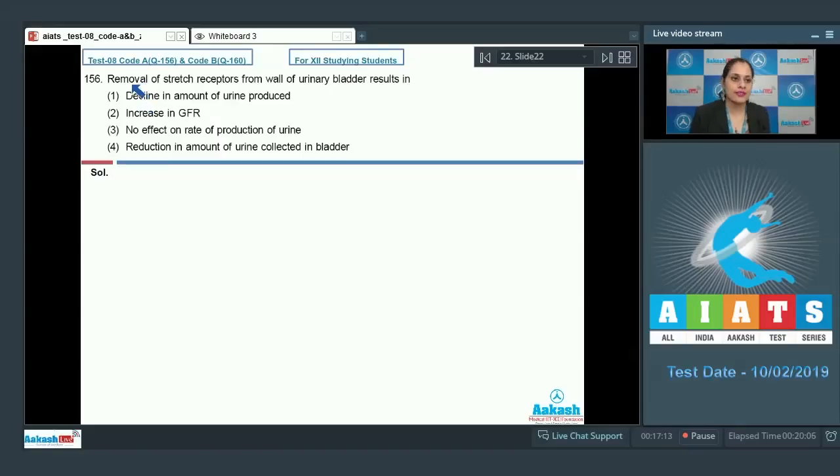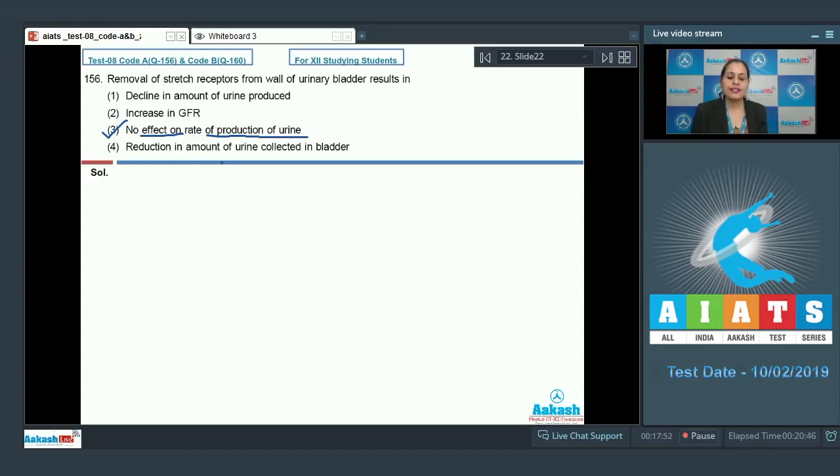Question number 156. Removal of stretch receptors from wall of urinary bladder results in, and the options are decline in amount of urine produced, increase in GFR, no effect on rate of production of urine, and reduction in amount of urine collected in bladder. And the correct answer to this question is option number 3, no effect on rate of